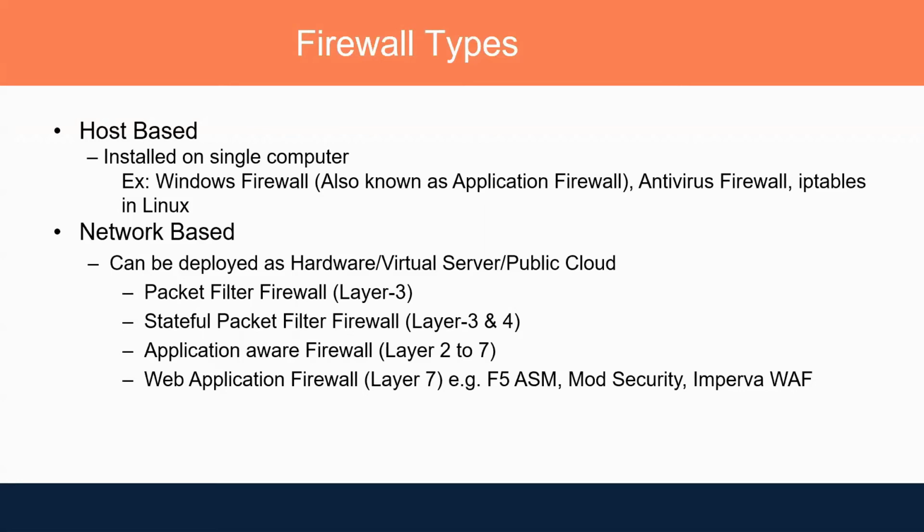It was maintaining the session table. Okay, so if you allowed the outbound traffic, by default the inbound traffic was allowed. So you don't need to write a dual rule if you are using a stateful firewall. Okay, then there was the application-aware firewall. Palo Alto is the best example of the application-aware firewall, which can work on layer 7 of the OSI model. And finally, we have the web application firewall.